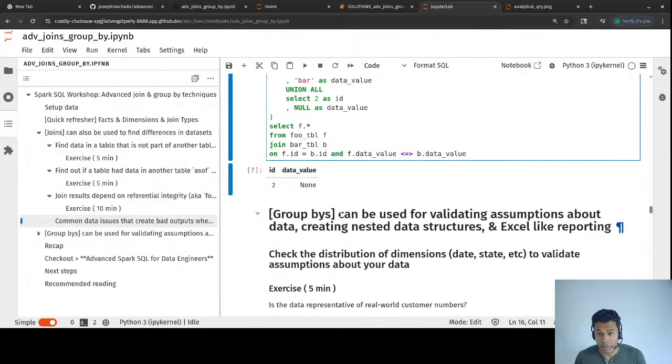Excuse me. Before we go on to the next section, which is group bys, I'll set like 5 minutes for any questions you have. Alright, there is one from